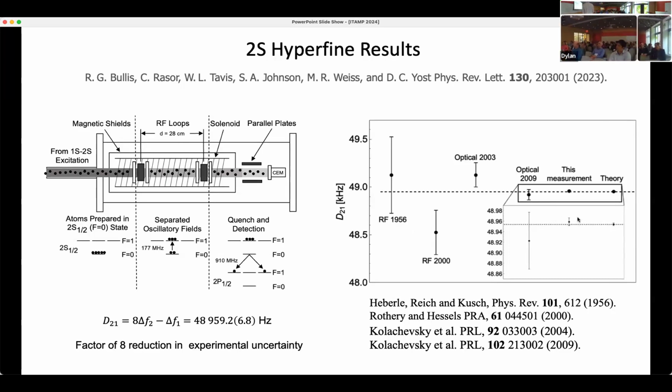So anyways, when we did our measurement, we could actually decrease the uncertainty from the previous best optical measurement of that hyperfine splitting by about a factor of 8. And again, since I guess going back,